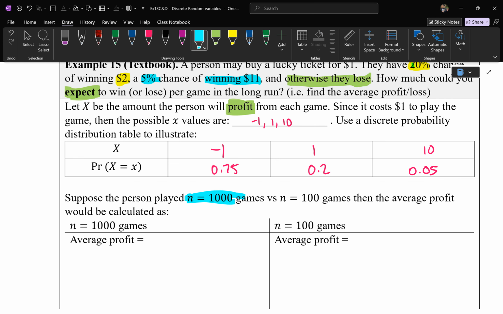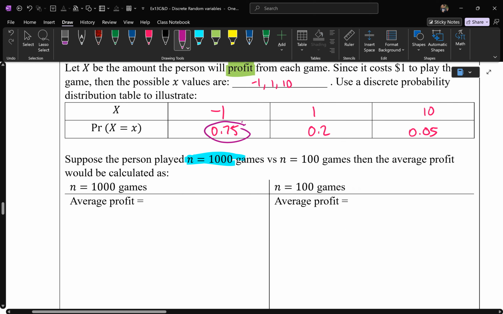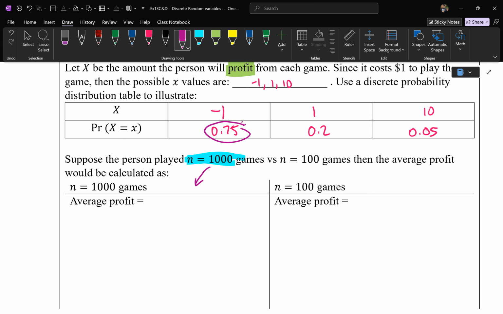Then, according to the average, 75% of those 1,000 games, you will lose $1. So what's 75% of 1,000? 750. But how you would have done it is you would have done 0.75, which is 75%, times the 1,000 games, which you know is 750 games. Yeah, so that's how many games that you would have lost $1. So if you think about it, to find the